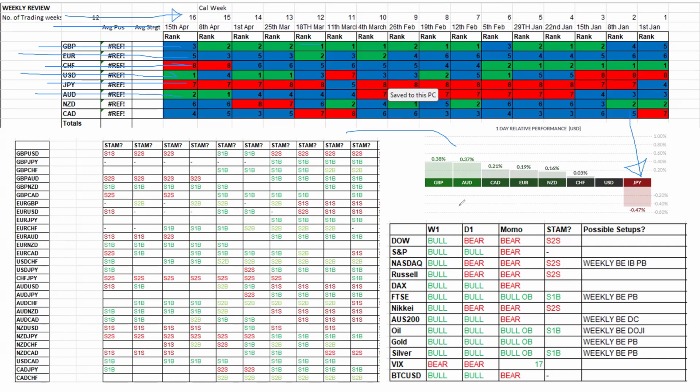What you can see there is that the risk on currencies have strengthened, and of course the yen has weakened. Now we're in an interesting position here because of A, the price action that we saw at the end of last week, and B, of course, the events that went on over the weekend. And I don't particularly wish to make light of what is undoubtedly a terrible situation for some people. But markets are markets. Markets are going to do their thing.